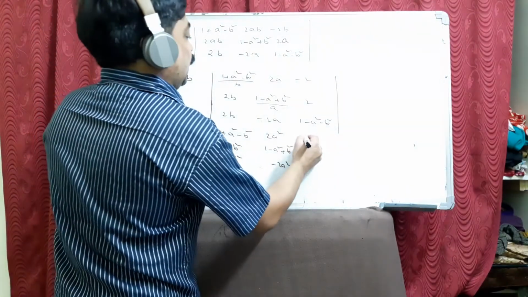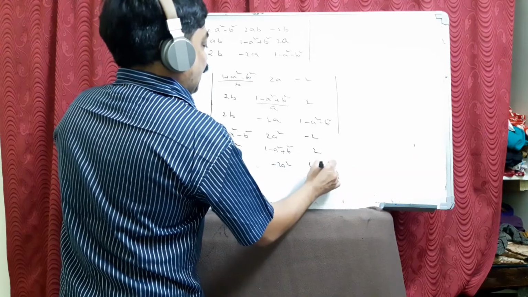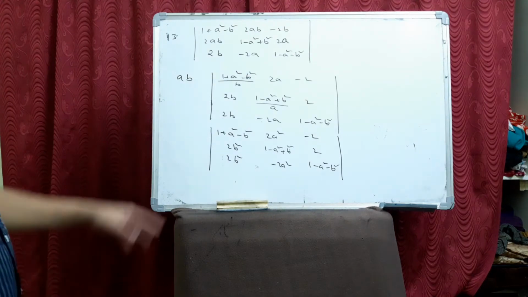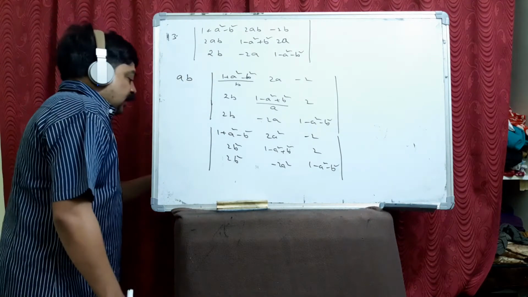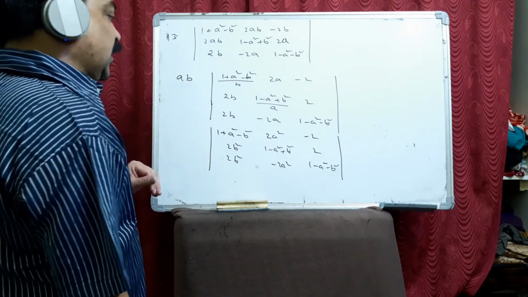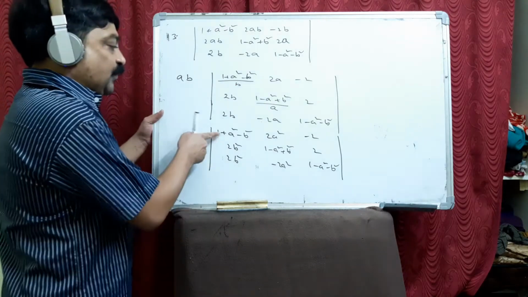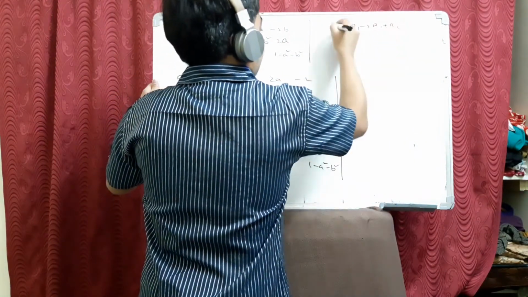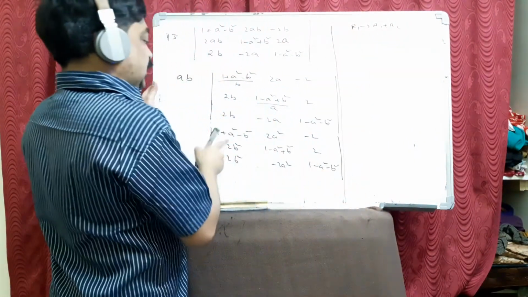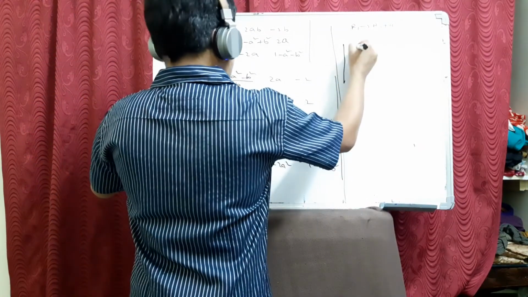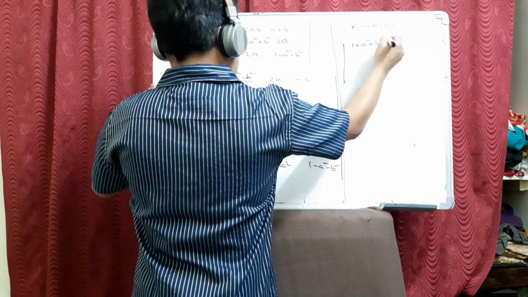Now minus 2, 2, 1 minus a square minus b square. Now the whole problem got converted in terms of squares, where the RHS is there. Okay, now we need 1 plus a square plus b square. When it becomes 1 plus a square plus b square, when you add R1 to R1 plus R2, okay, then what happens? It becomes 1 plus a square plus b square.